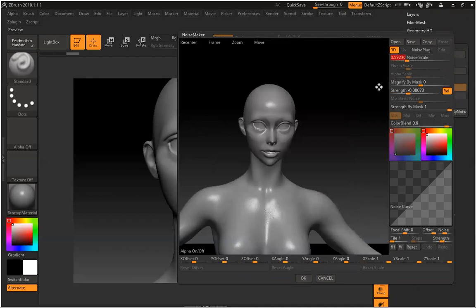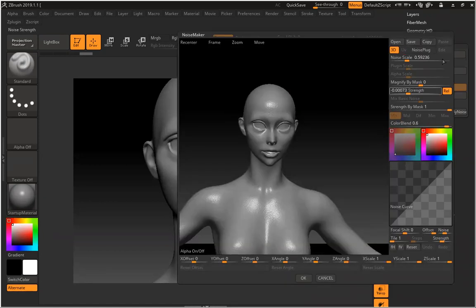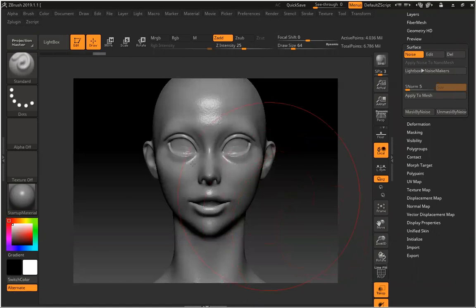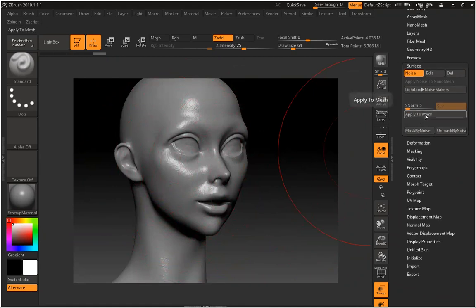For any high poly you're creating, be it a character or a hard surface model, we always keep it a little extra than required. The reason is that while baking, you will lose some amount of detail. It's way too much. Oh, this will work. Create all this bumpiness and then click on apply to mesh.